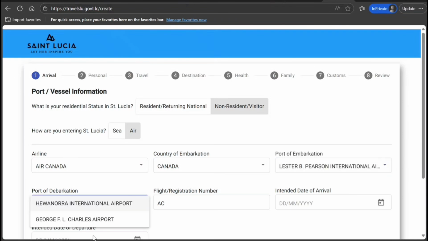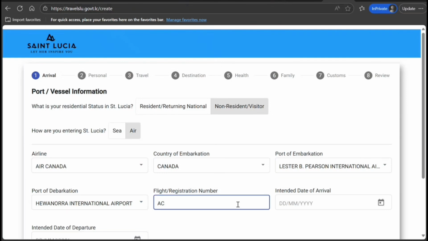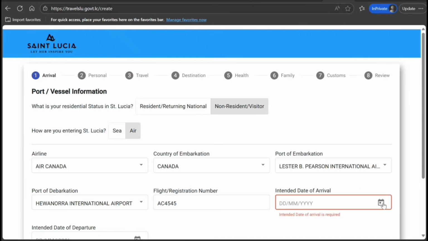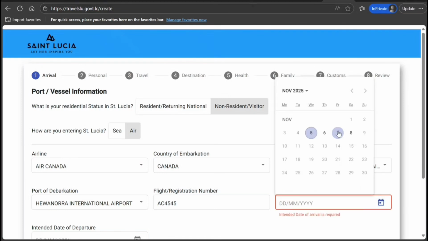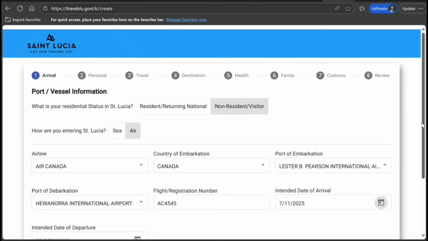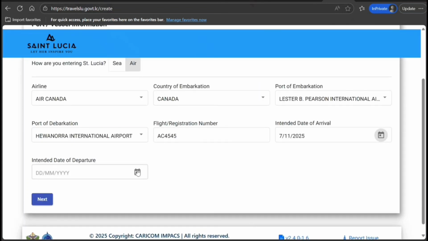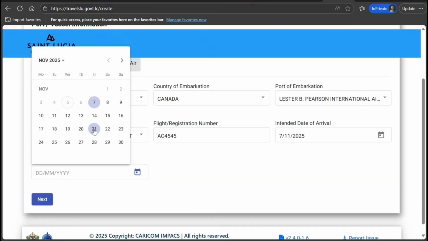Port of de-embarkation. Which airport? So I select this flight registration number. Date of arrival. So remember up to 3 days. Okay, I select this. Date of departure. Let's say